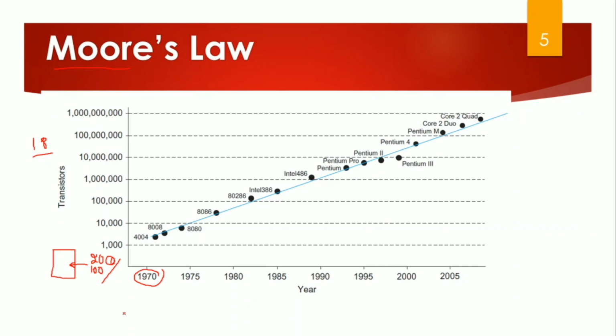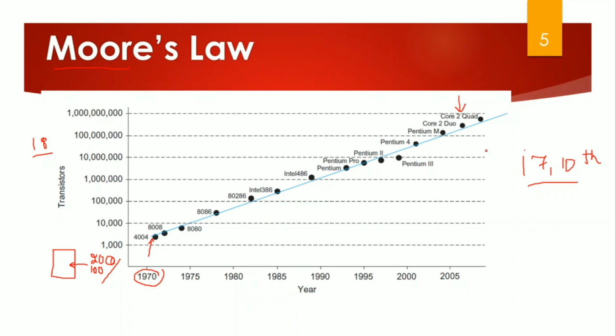Let us start the era at the year 1970. In 1970, Intel first proposed the 4004. Later we got the 8008, then the 8080, and it went on like that. Today we are able to get the i7, and in that the 10th generation processor, which can accommodate approximately 1.3 billion transistors. That is the capacity of today's i7 processor. If you look at the graph, you can see a linear rise in the number of devices that we can accommodate in the IC.